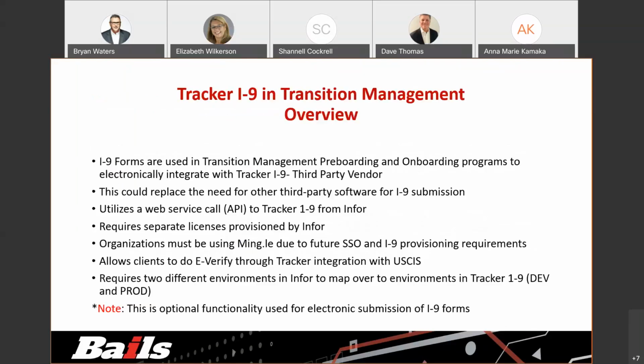So an overview of I-9 Tracker in Transition Management, as I previously stated: I-9 forms are used in Transition Management pre-boarding and onboarding programs to electronically integrate with the third-party Tracker I-9 Complete. This could replace the need for your other third-party software. If you are currently using another third party, you could come over to Tracker I-9, and it is a seamless